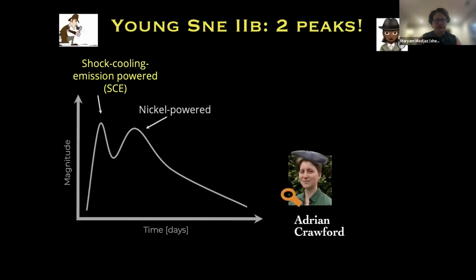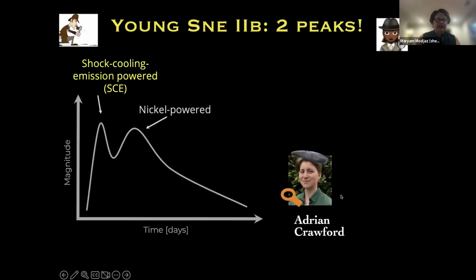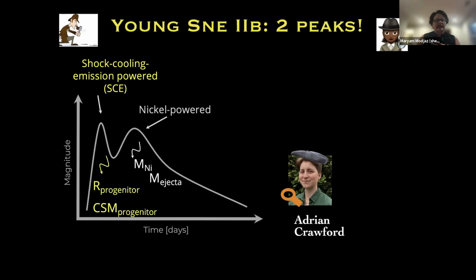2Bs or not 2Bs. What are they? They are stripped supernovae that have a little bit of the hydrogen intact as well as the helium layer. And so usually when you think of a supernova, you think of just a rise and a fall. But type 2B supernovae, when caught early enough, have two peaks. So the first one is driven by what's called shock cooling emission. And the second one, that we kind of know and love for many hundreds of years, is the nickel-powered one. And why is the first one important?